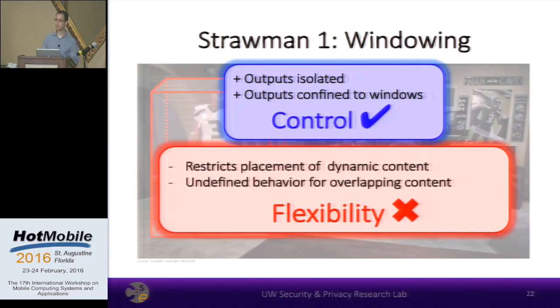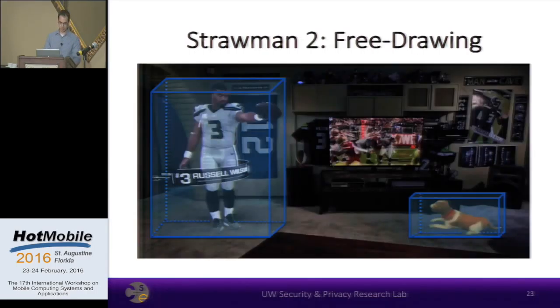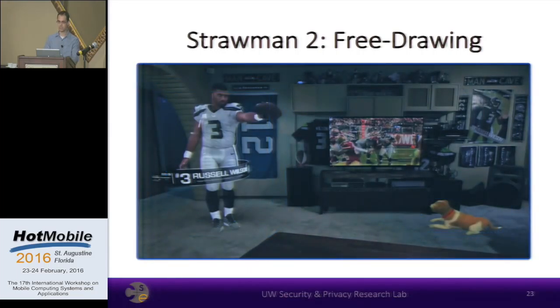And what this model starts to illuminate is the inherent tension that arises between supporting flexible app behaviors and exerting control over virtual content. So given the flexibility limitations of windows, we can see how this tension might manifest again in a design that intentionally favors flexibility, which we refer to as free drawing. Rather than constraining application outputs to isolated windows, this model treats the user's entire field of view as essentially a shared window upon which multiple apps can simultaneously display content.